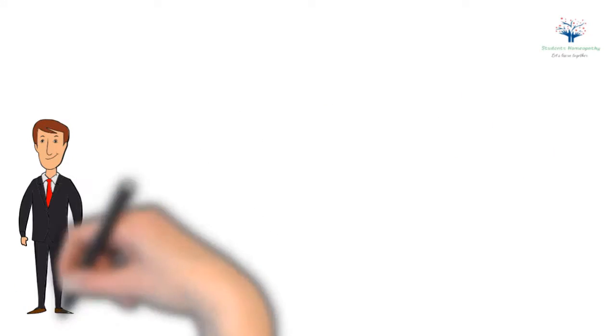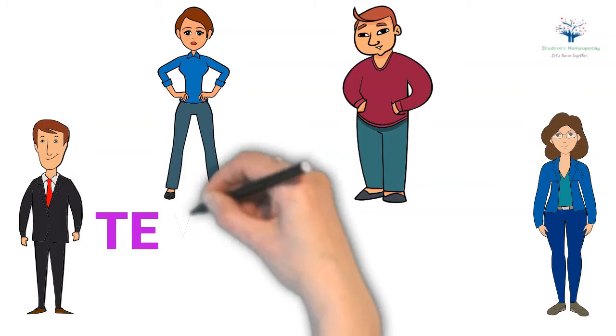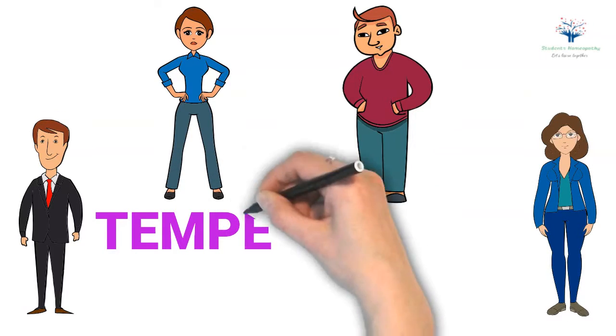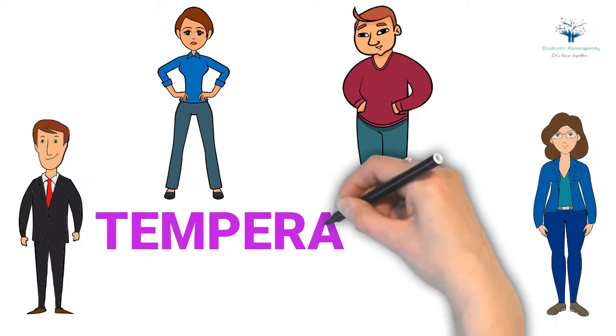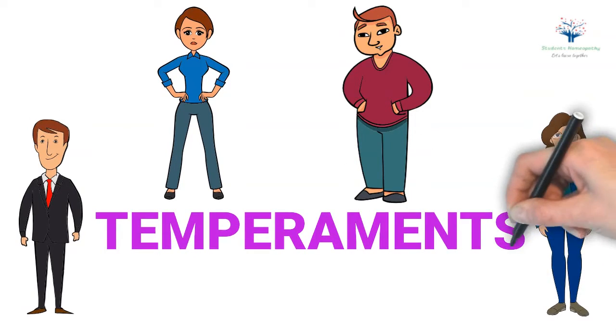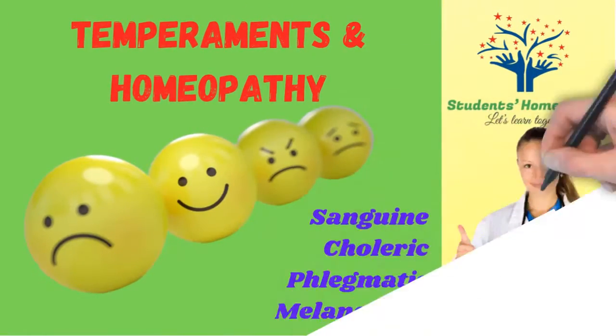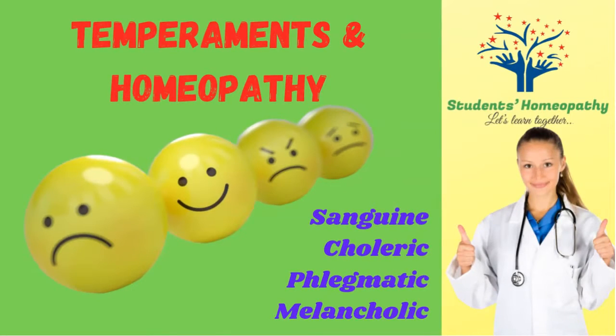A significant area not researched in depth, which gives the homeopathic practitioner a window to the mind or mentality of the patient, is temperaments. So, in this video, we will discuss and understand different aspects of Hippocratic temperaments, that is sanguine, choleric, phlegmatic and melancholic, generally and also specifically to homeopathy.